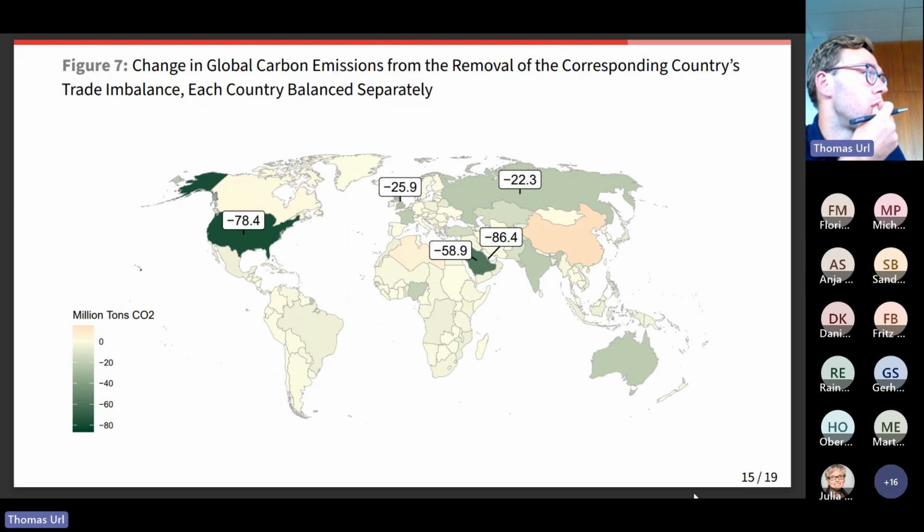The environmental impact wouldn't that depend on how the model works? So in total consumption, total production. Yeah, absolutely. So what the mechanism is will determine how much the ecological impact is of this rebalancing. Exactly, and also for the United States, when you take away their deficit, they produce more on their own, and because they have a relatively clean production technology to produce their goods, their production will increase, but the increase is not associated with that much emission increase.